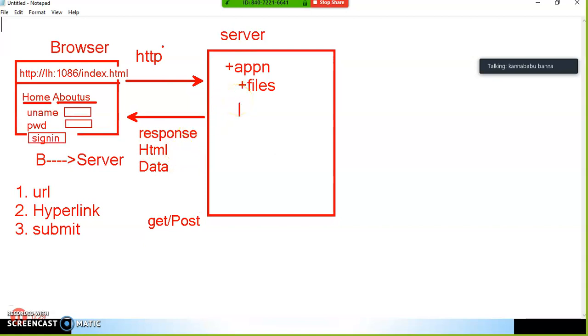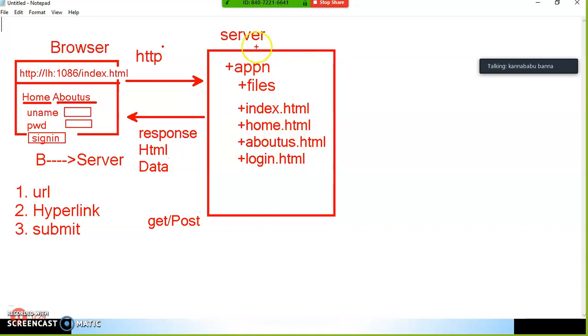Let us assume that in the server I have some files: one is index.html, another is home.html, another is about us.html, another is login.html. Like this, multiple HTML pages are there, or .aspx or .jsp pages.